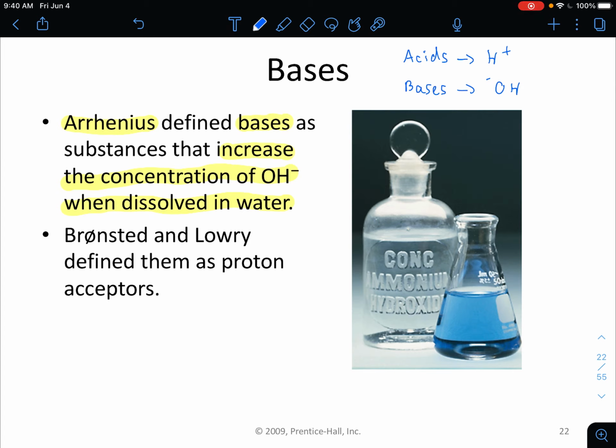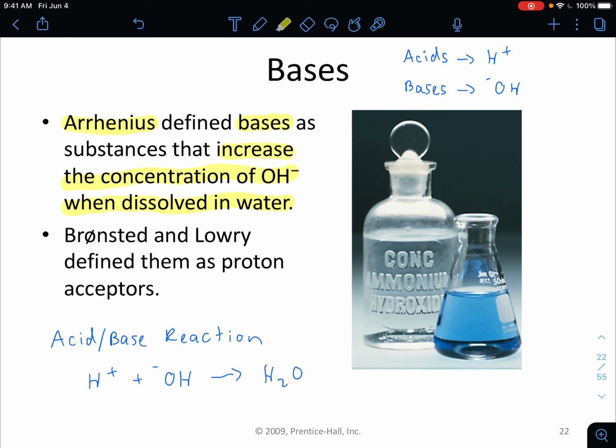So in an acid-base reaction, really that's all that's taking place: the acid is making H plus, the base is making OH minus, and these are going to combine together to form water. So a little bit later we're going to talk about acid-base neutralization reactions, and that's exactly what we're talking about. H plus produced by the acid reacting with OH minus produced by the base effectively is the way we think